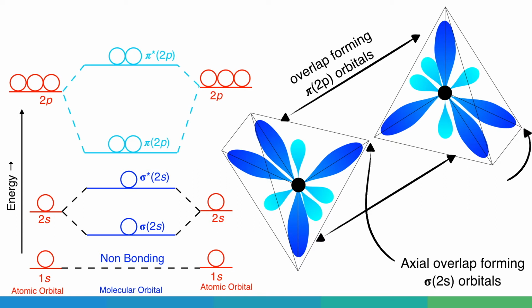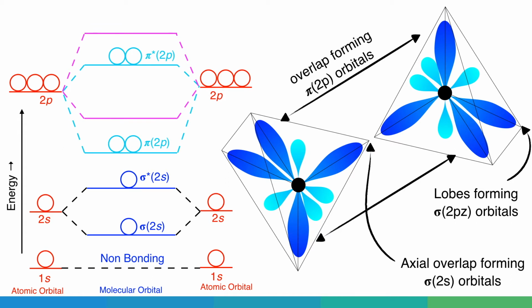Now the last lobe, which is in the opposite direction, has very little chance of overlap. Also, there are three small lobes of anti-bonding orbitals of the already formed molecular orbitals which will try to repel the orbital overlap. So the energy of this orbital increases and it goes beyond the pi orbital. This is again axial overlap, so it is a sigma bond, but the energy is very high. This is indicated by sigma 2pz orbital in our diagram. This means after mixing, the energies of pi 2p and sigma 2p orbitals are now changed.